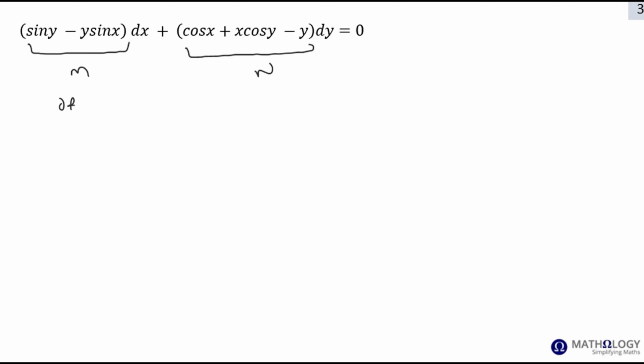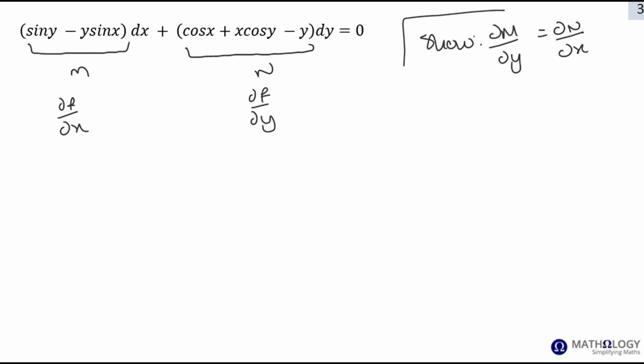So m, again, is the partial of f with respect to x. N is the partial of f, but with respect to y. So again, we need to show that the partial of m with respect to y equals the partial of n